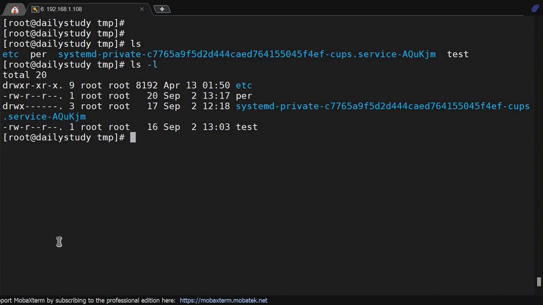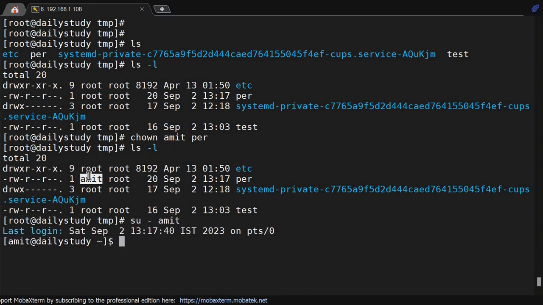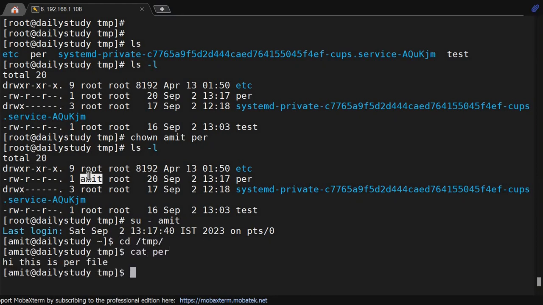Now first we'll try to change the owner, chown. So I will make Amit the owner on the per file, ls -l. So the per file owner became Amit. Now if I switch to the Amit user and I try to edit that file, cat per, and if I do append per,